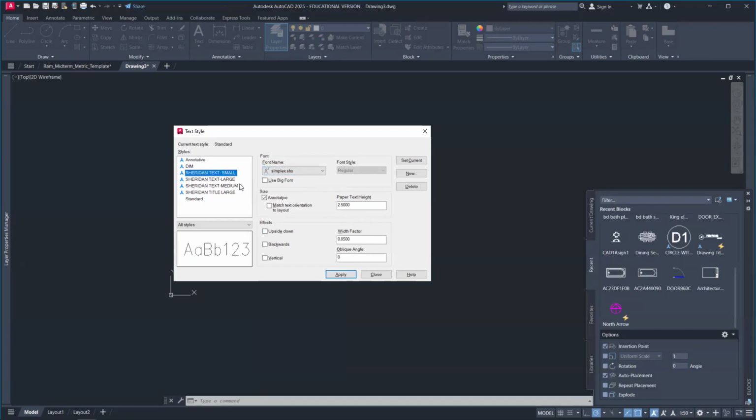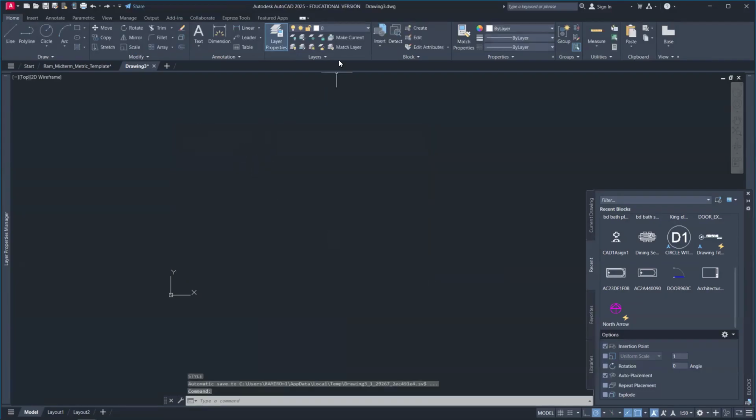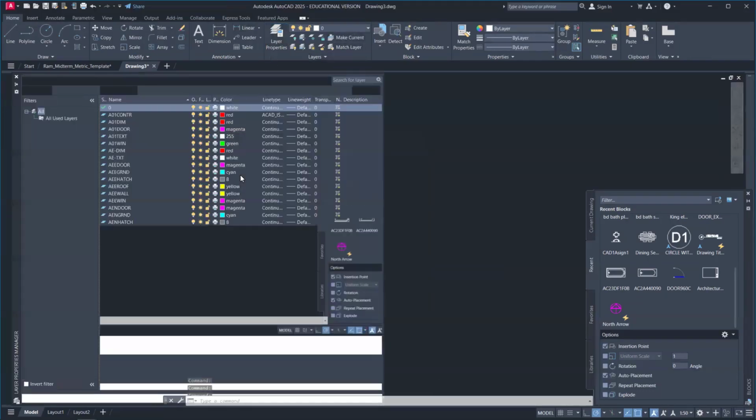Okay, so that's for the small, 2.5, large, 6, medium for title 12. Okay, so make sure you select that, close. So you have your layers. We do need some more layers. I think